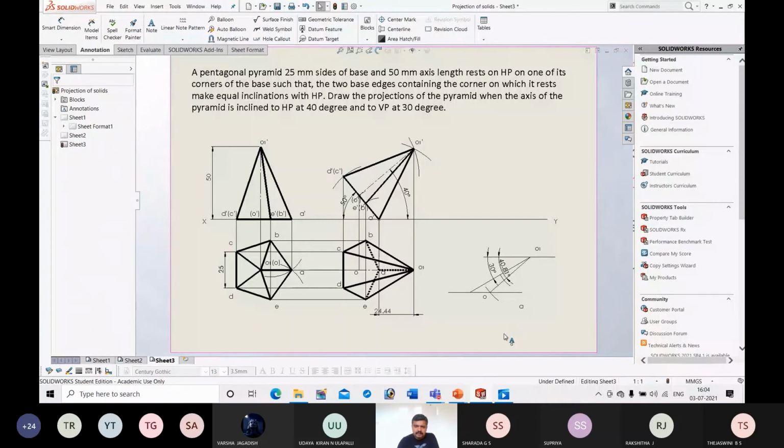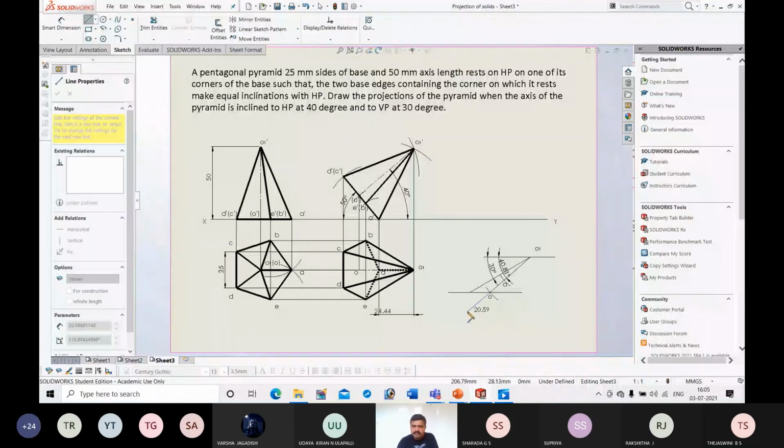Okay. Next, so now I am able to get O1, A and O, 3 points. Next, I should get the remaining points B, C, D and E. These 4 points I should get. For that, I will extend this line of beta angle to some extent. Align the scale to this beta angle and extend the line.